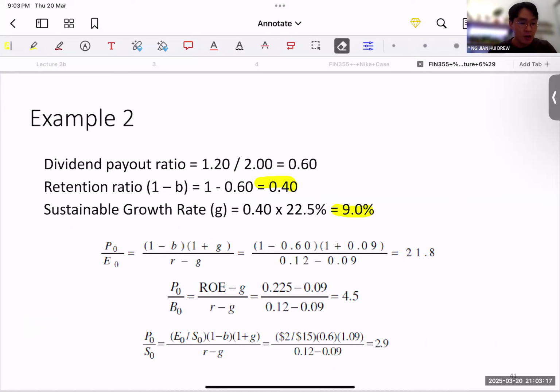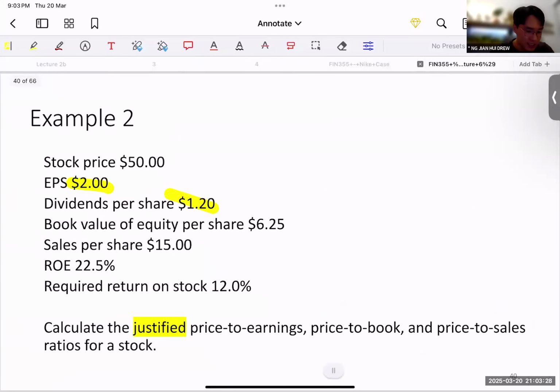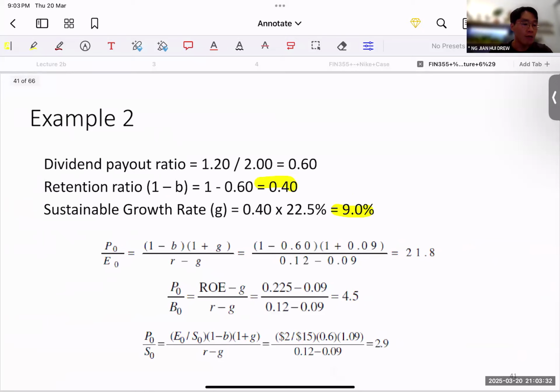So basically, your 0.4 and 9% are your important numbers. After doing that, we can now determine our justified. What justified do we need to determine? Justified price to earnings, price to book, and price to sales. So recall our justified